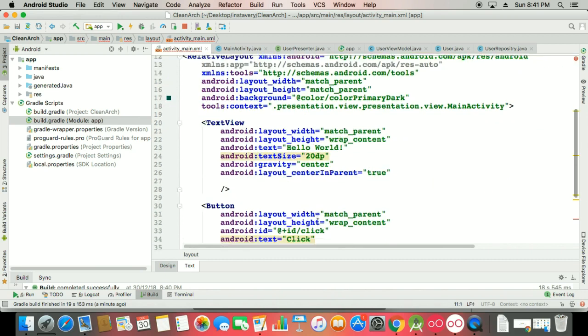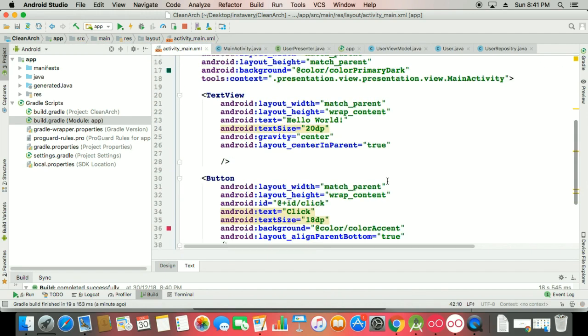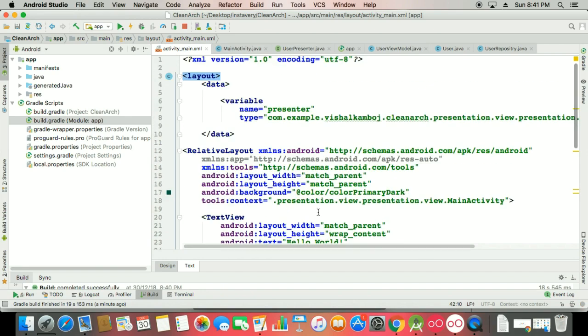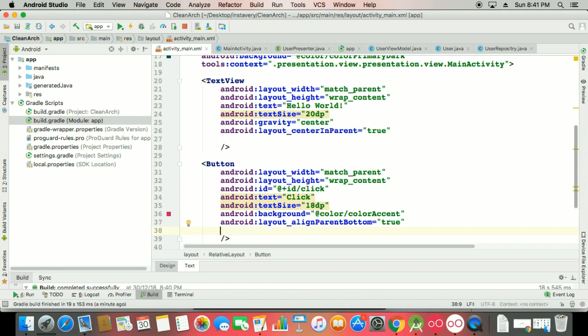So presenter, you always work with your presentation layer. Okay, and here I want a click. So what to do? That's your on click, and for on click we have a method.